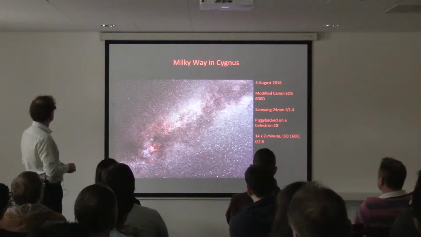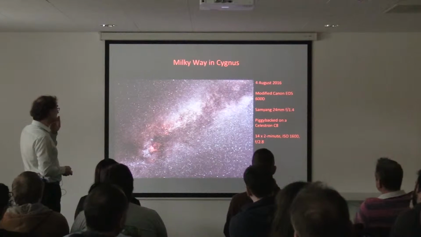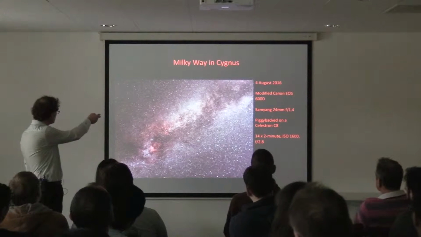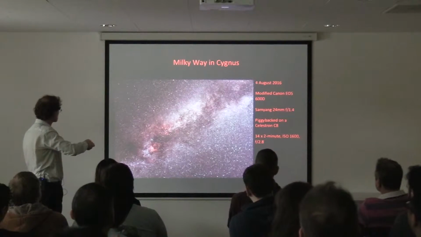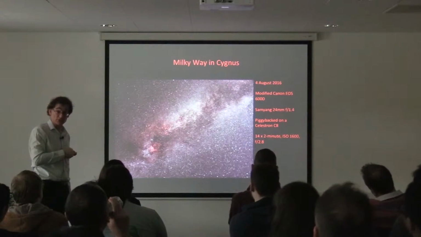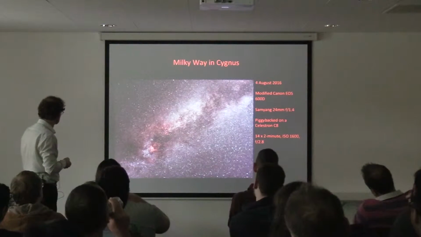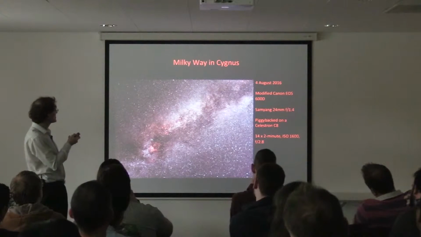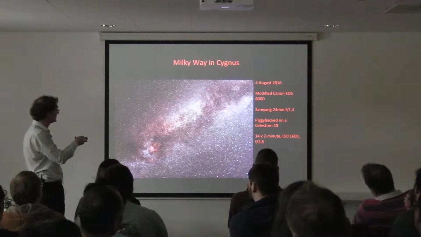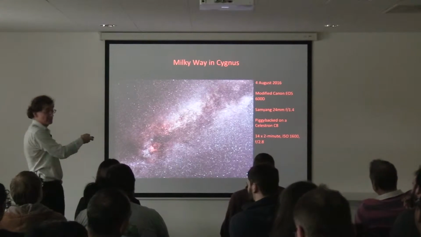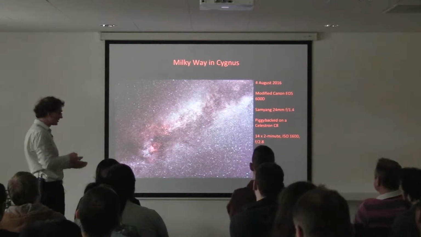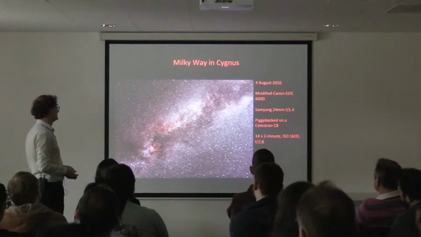Okay, next. This was actually just taken in the back garden. This is the constellation of Cygnus. That's the North American Nebula, and there's a close-up of that one on the wall in the Enterprise Cloud Room, actually taken with a different camera. But this was taken with a wide-angle lens, piggybacked very simply on the top of the telescope for 14 2-minute exposures. I just let the telescope do the tracking, left the camera on a timer to do X number of